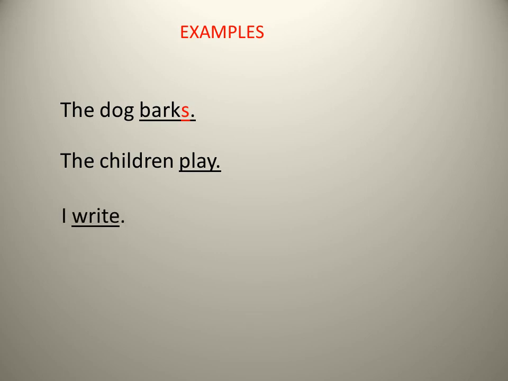I write. I told you whenever we use I in a sentence, we never use S or ES with the verb. They write. Now I'm talking about more than one person because they is used for more than one person. So again we will use the original form of the verb. He writes. Now I have used the pronoun he. He is used for one boy, singular, so we will add S with the verb. He writes. So children, I hope that you know what the simple present tense is. You have learned what the simple present tense is. So let's start the exercise.